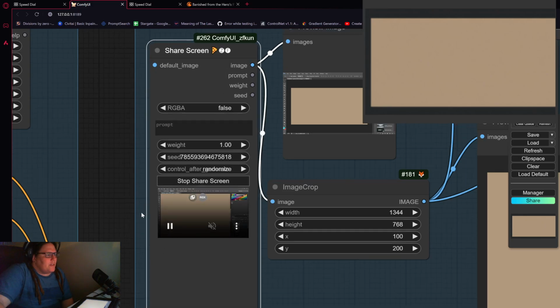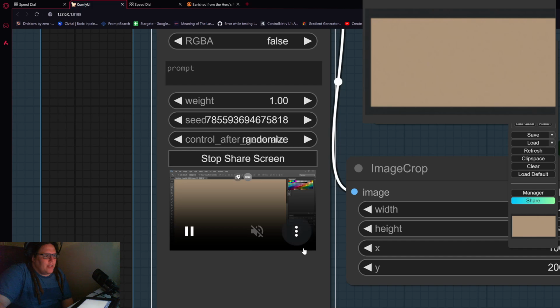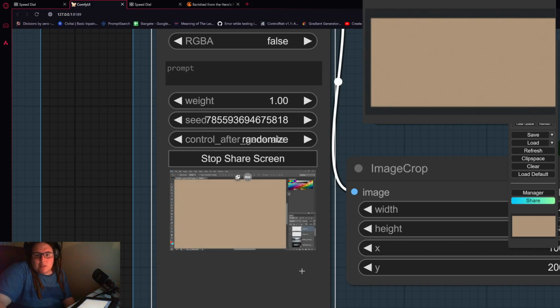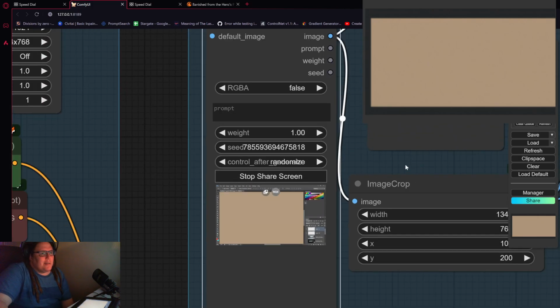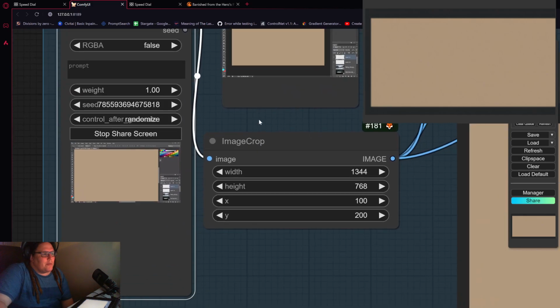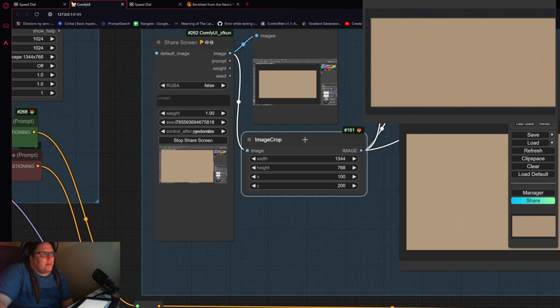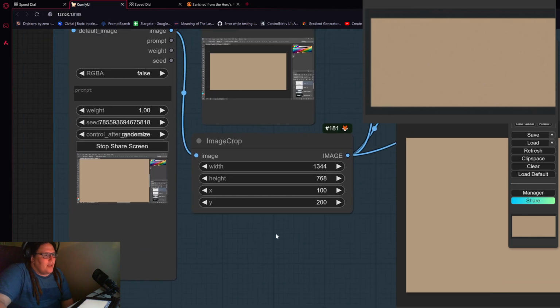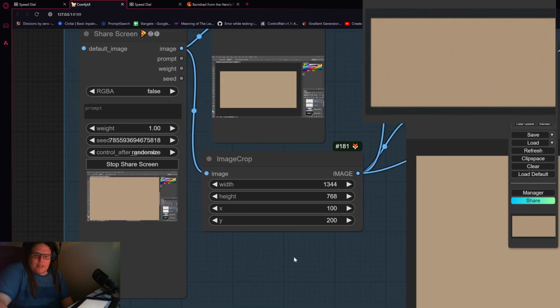Now you'll see that it's got the entire window, it's got the menus and everything, and we don't want the menus. The menus are not what we want to be telling Stable Diffusion to change. We have this node next to it, the image crop. Now image crop is a standard node which comes with ComfyUI,